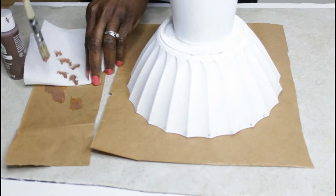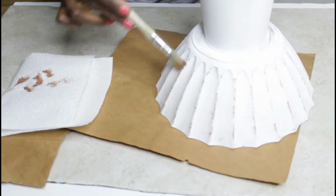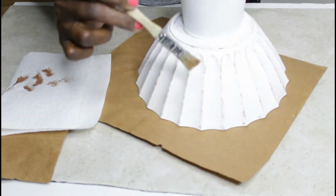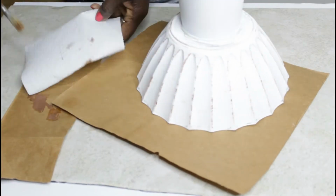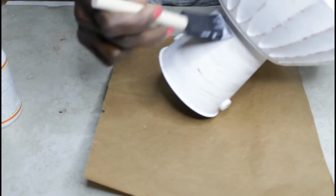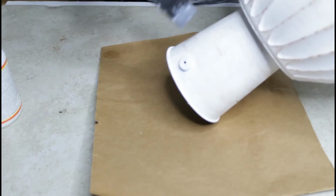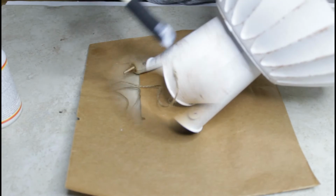Okay, so what I'm doing now, I took some brown paint and a dry chip brush, and I am just dry brushing the edges of the stand just to give it an aged or weathered look. Not too much, just lightly brushing it until I got enough on there. When I was done with that, I applied some Mod Podge,